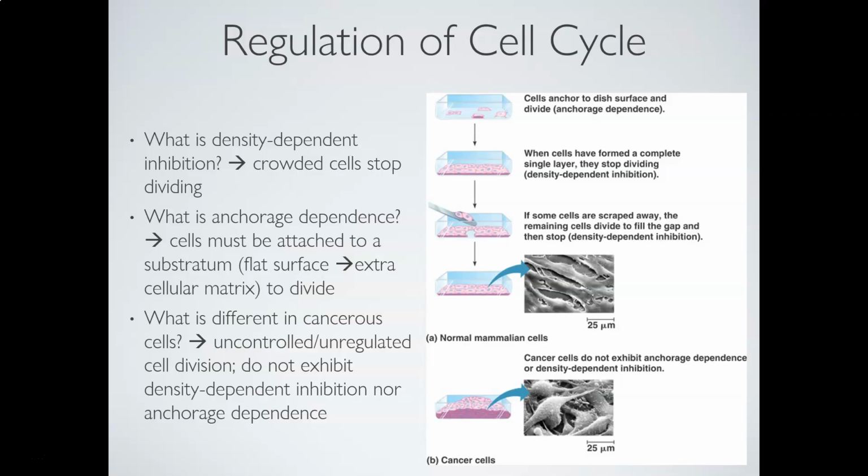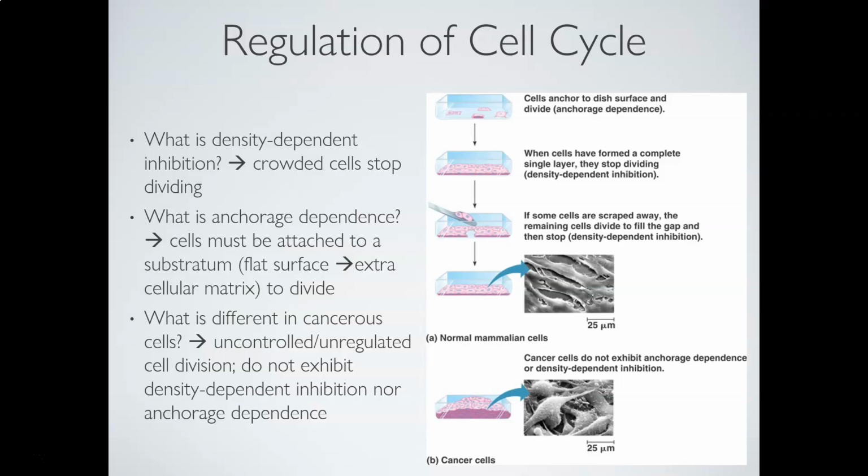And so that's where we can talk about that tumor formation coming from. As those cells start massing and growing on top of each other because they're not listening to that density dependent inhibition, they're not stopping their growth when they do hit another neighboring cell, that's where you get those massive balls of cells called tumors.